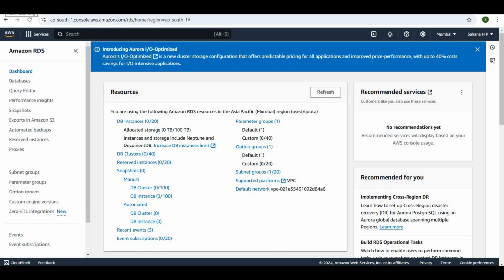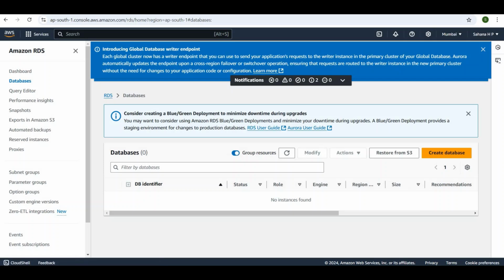Hi everyone, in today's video we will learn how to deploy microservices in AWS cloud. So first we need to create RDS. Open the RDS and go to databases, create database,